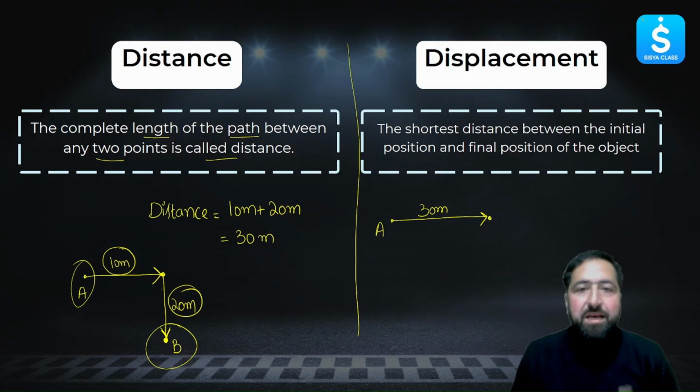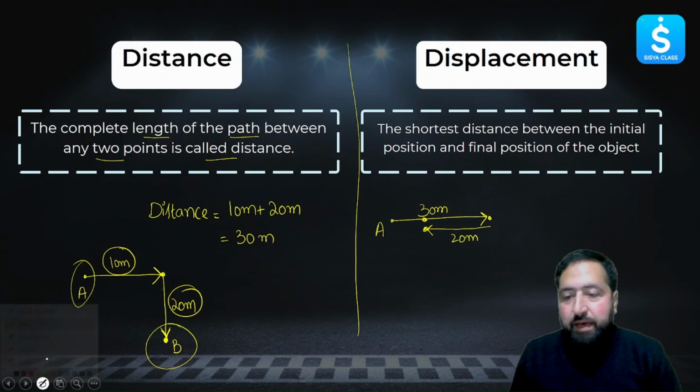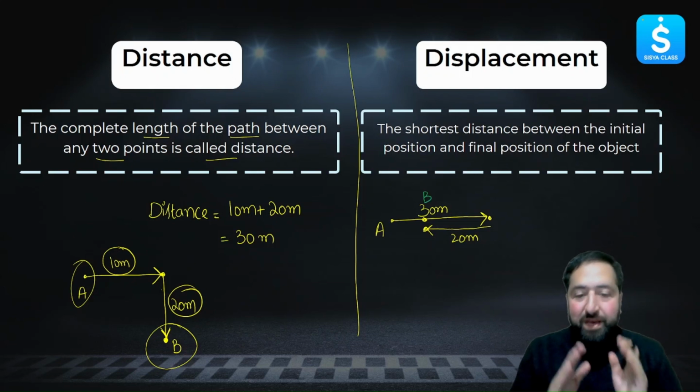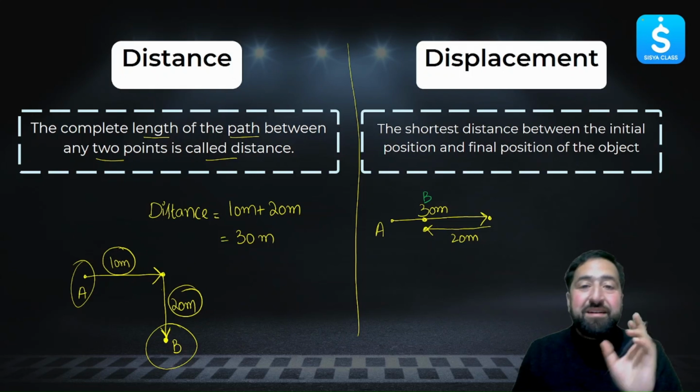Then at this point it turns around 180 degrees, and it's coming back like this, to this point. And this point is on the same line like this. And it covers 20 meters. So let's name this point as B. Now, in case of distance, if I ask what the distance covered is,